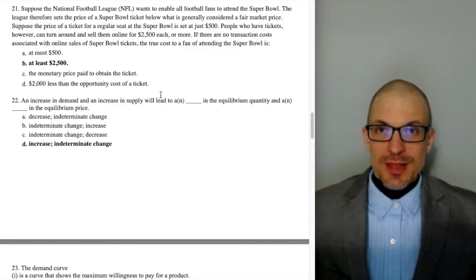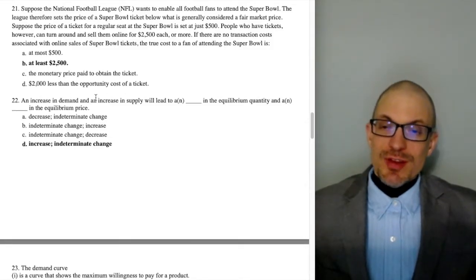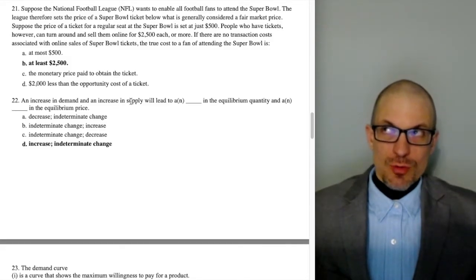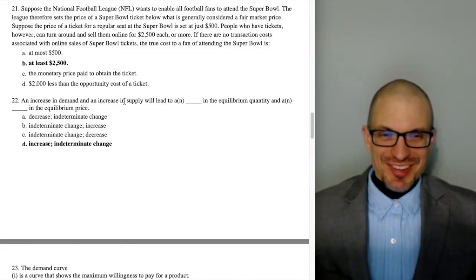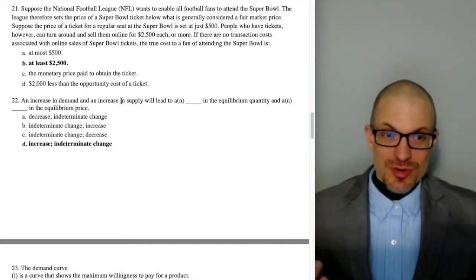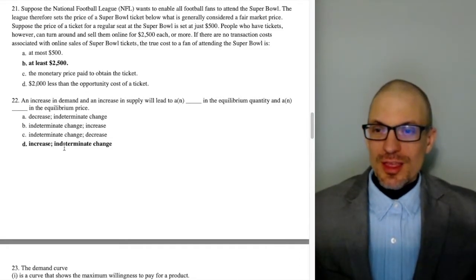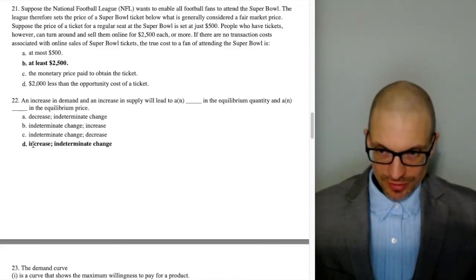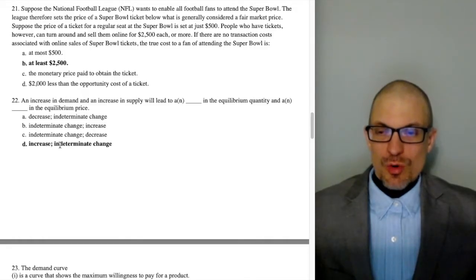Or you could borrow my logic, which is when you have an increase in demand, we have consumers competing with each other and bidding up the price. So quantity should rise as well. If you have an increase in supply, we're thinking of flooding the market, and so price is going to fall and quantity rises as well. In both those cases, I said quantity rises, and then I disagreed. Well, the increase in demand leads to a price increase. The increase in supply disagrees and leads to a decrease in price. And so we'll get an increase in equilibrium quantity, and we'll get an indeterminate or ambiguous